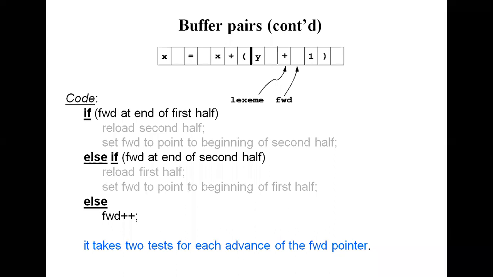So there are two methods used in this context. Those are the one buffer scheme and the two buffer scheme. Make a note of this. Up to now we learned about the one buffer scheme. Up to now we have seen the representation of a one buffer scheme. This is a one buffer scheme.